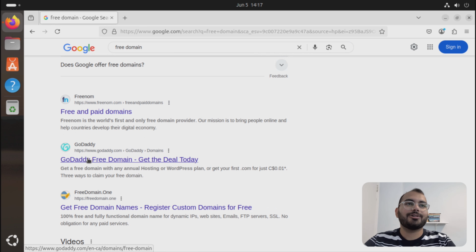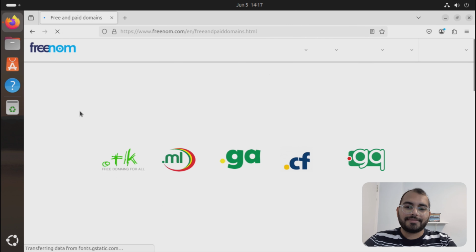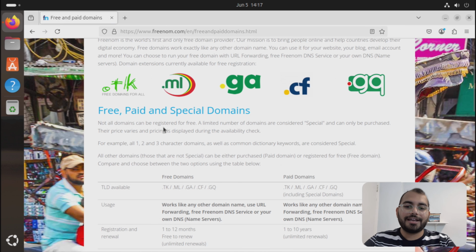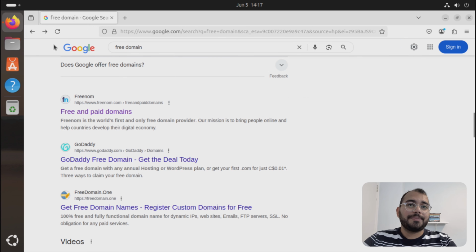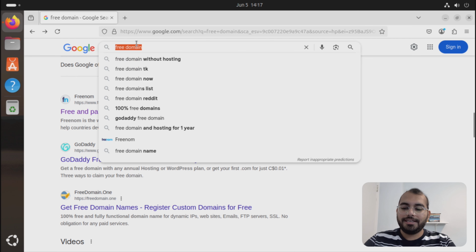But really all of this thing does not work, because if you go to Freenom, they got sued, and right now they are not providing any free services. Previously they were providing free domain for 1 year. So as of now they are not providing any free domains. So what you can do, the cheapest domain you can find, it's going to be